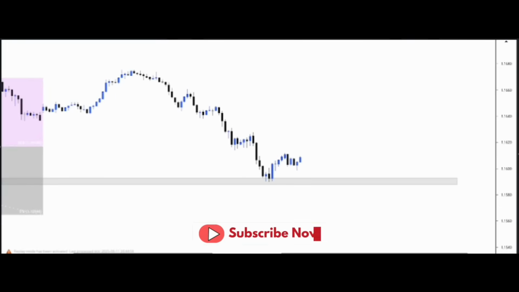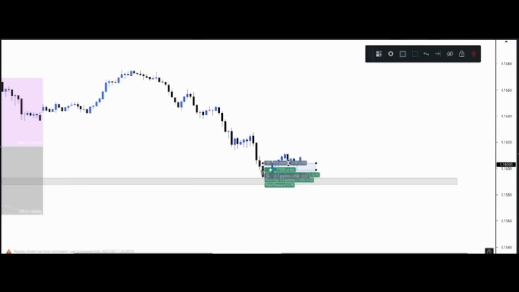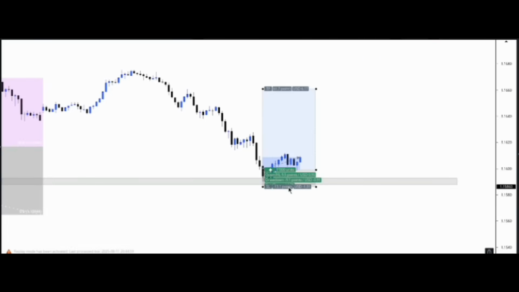Can you see what price is doing? Let's frame it. We want to go long from here. Like I told you, when you are using the dragon fair value gap, you don't need to wait for further confirmation. All you need to do is just enter the trade and set your TP. Give a buffer to your trade,